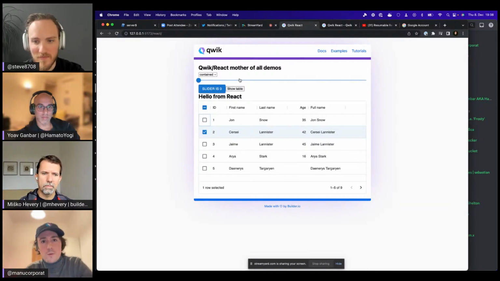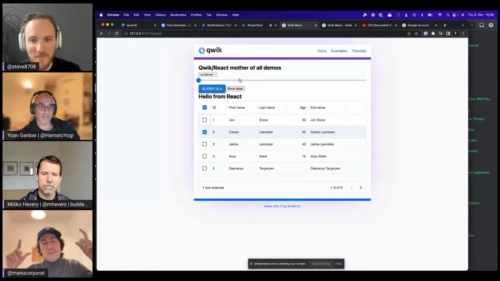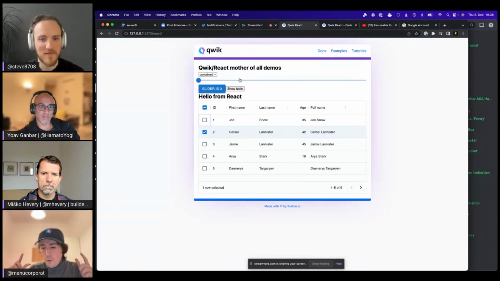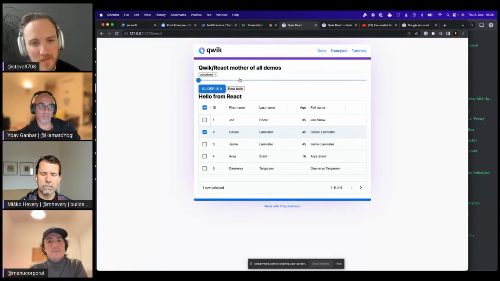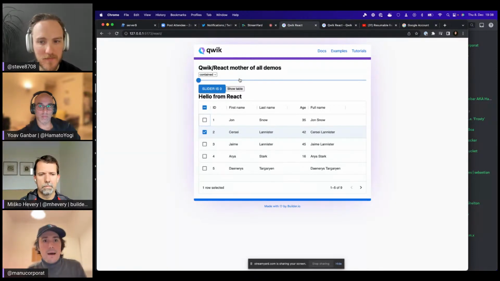Which I think is super cool. Something interesting to think about is that we don't leverage React to have interactivity in a Qwik application, but more to use all the ecosystem, more than wanting to build my app using React components.